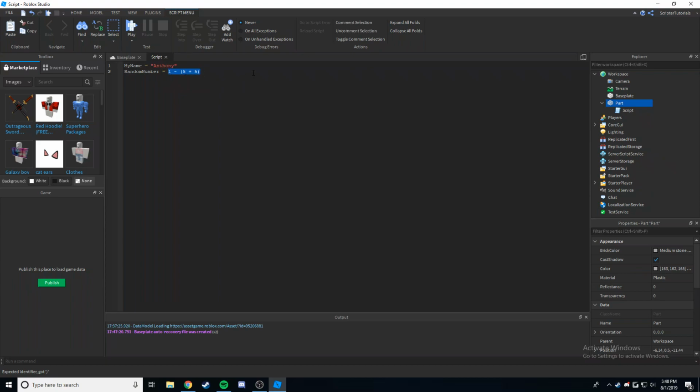It runs using PEMDAS, right? Order of operations. You hopefully should know that. So yeah, that's numbers and strings. We went over numbers and strings, but there's another one,